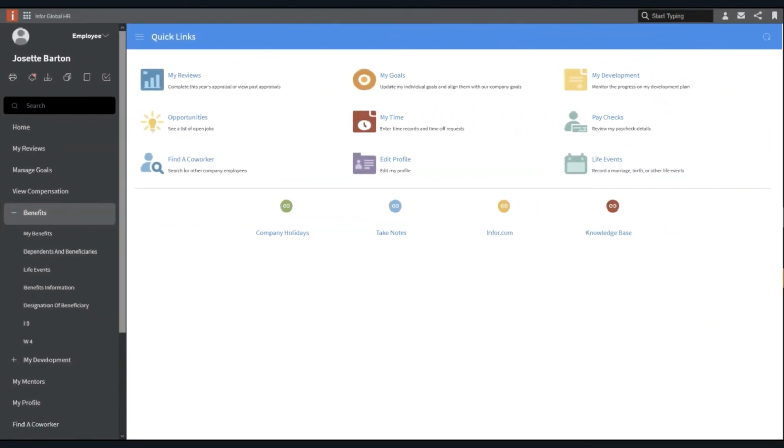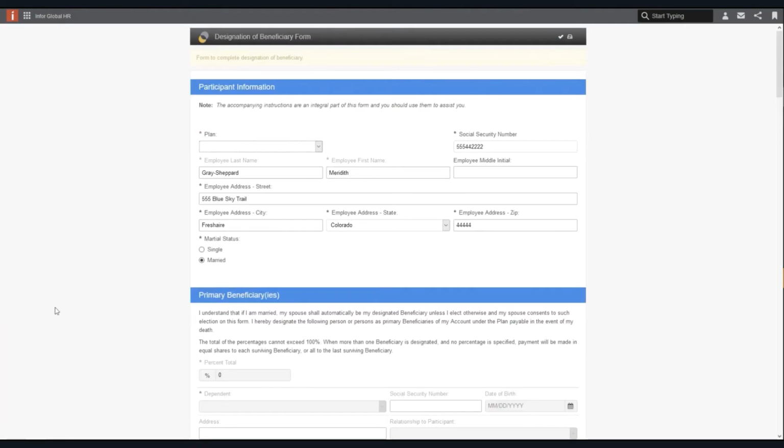In my final example, a user needs to complete their designation of beneficiary form. It is accessed from inside of the Infor ERP. In this use case, due to local regulations, Human Resources requires the spouse to sign the form if they are not the primary beneficiary. The user selects the plan,